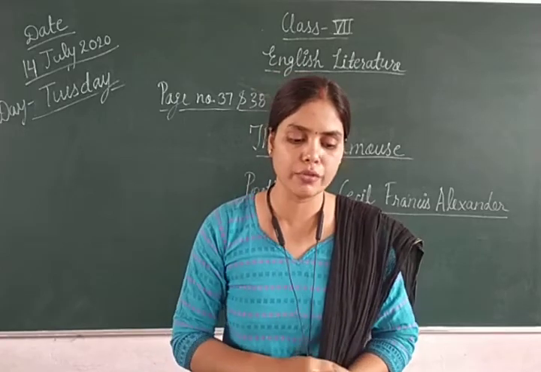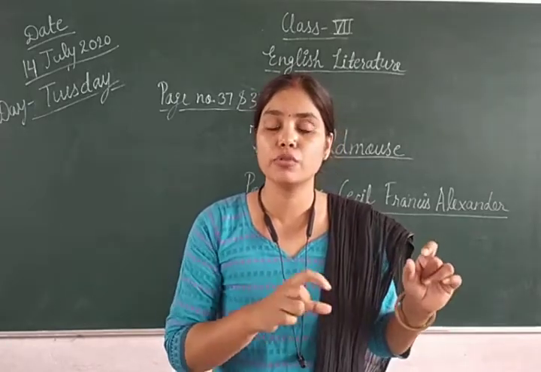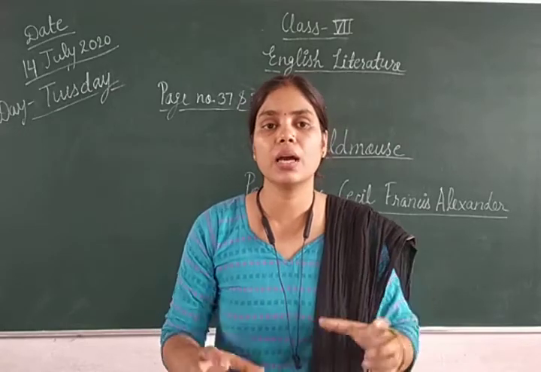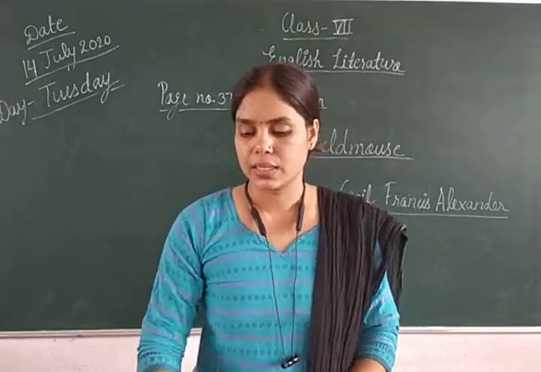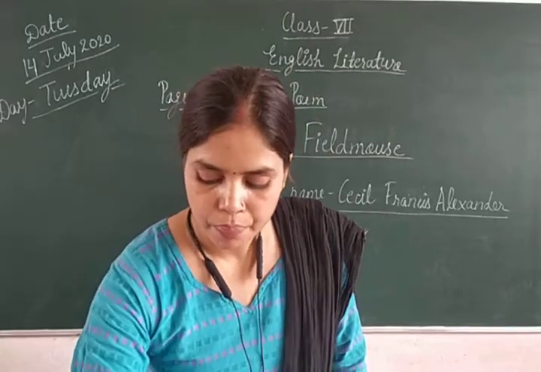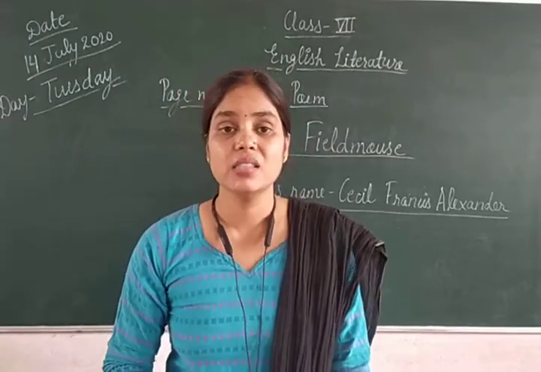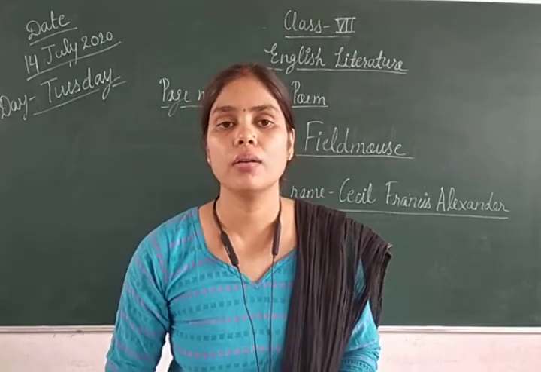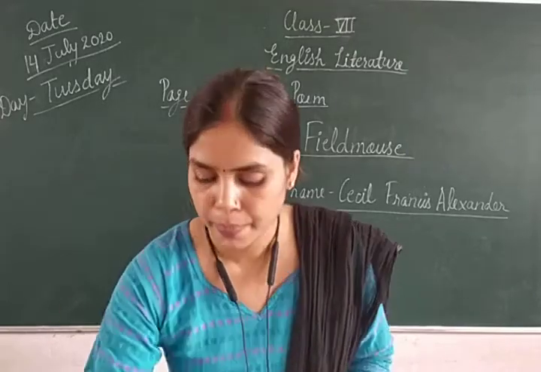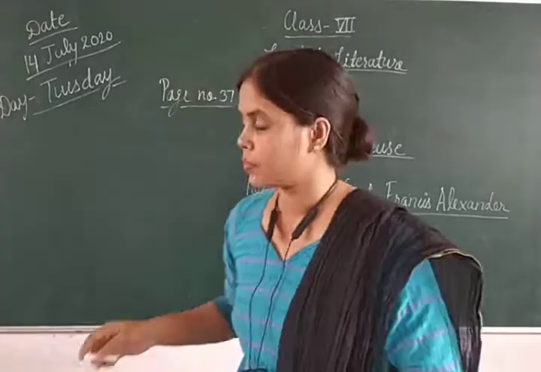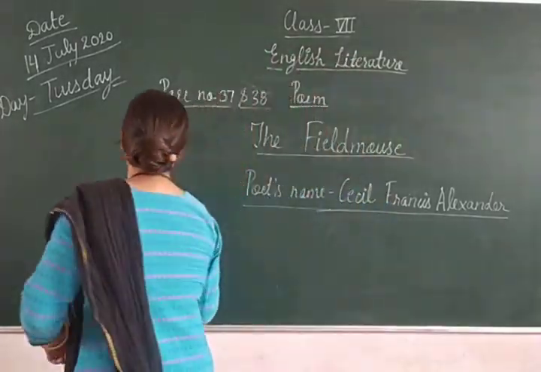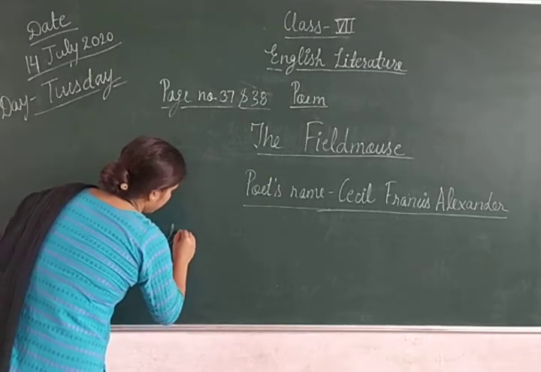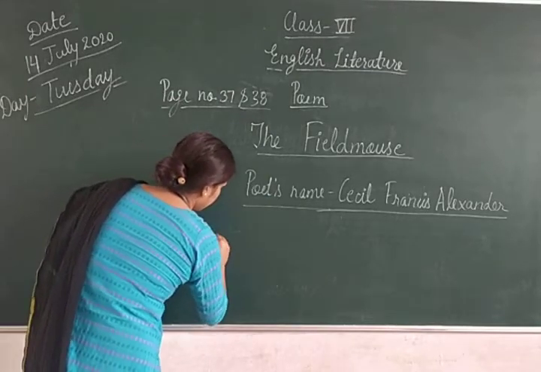First of all, we have to write that because we have to describe that. Okay, describe the food habits. So first, what does he eat? Okay, so I'll dictate the answer. You have to write: the field mouse eats nuts, fruits, acorns, corn and grain. What do they eat? The field mouse eats.